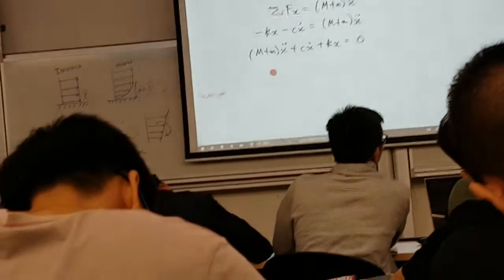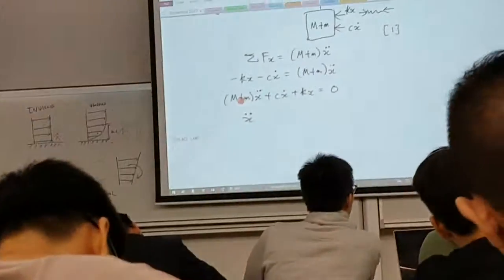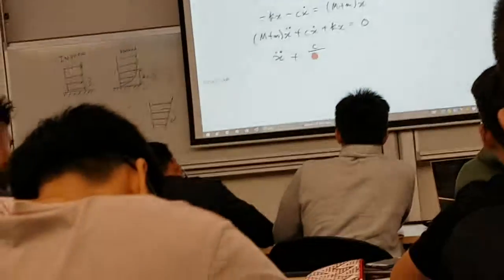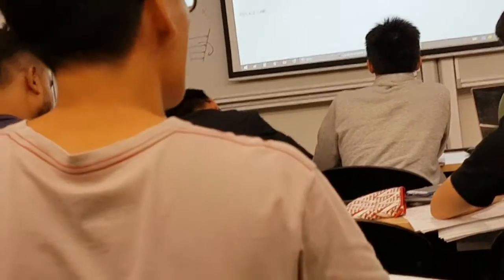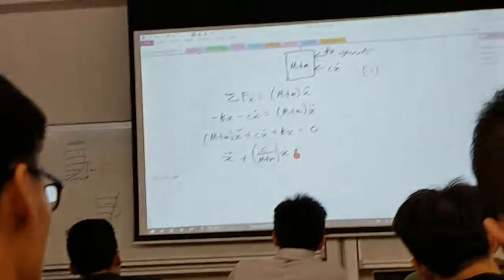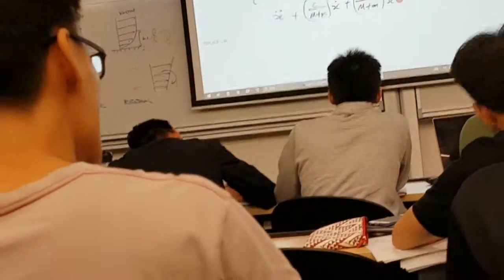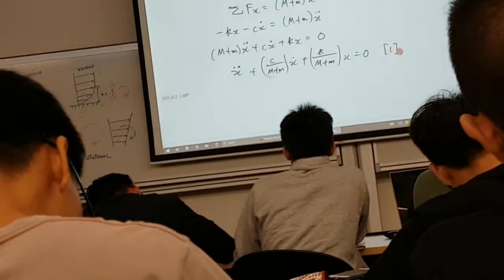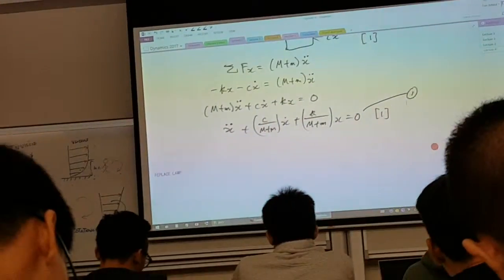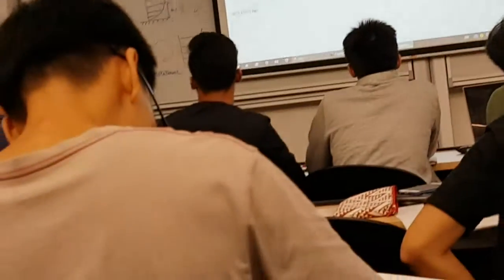And if I divide throughout by M plus m, that means in that way, x double dot plus c over (M plus m) x dot plus k over (M plus m) x equal to 0. If you're able to do that, you get one more mark. I call this equation as equation 1. And we know that in this exam question, it has a damper. So for damped